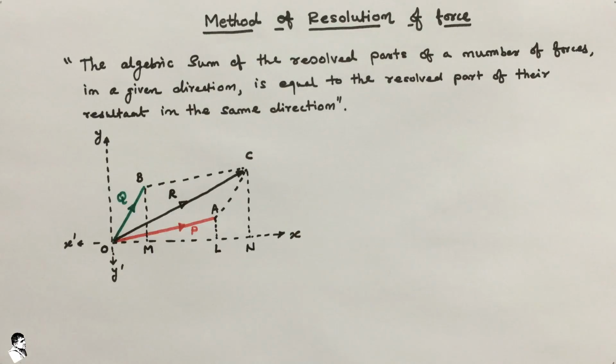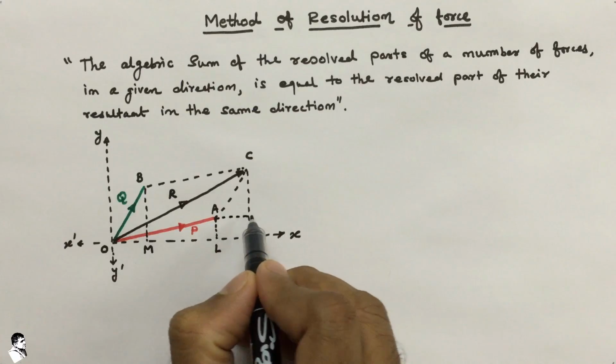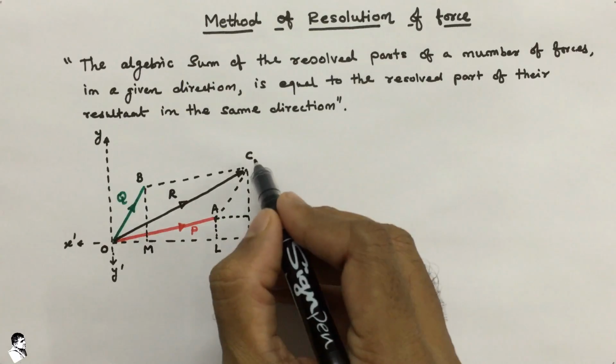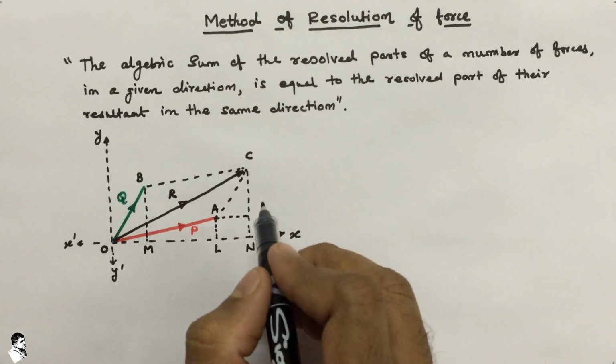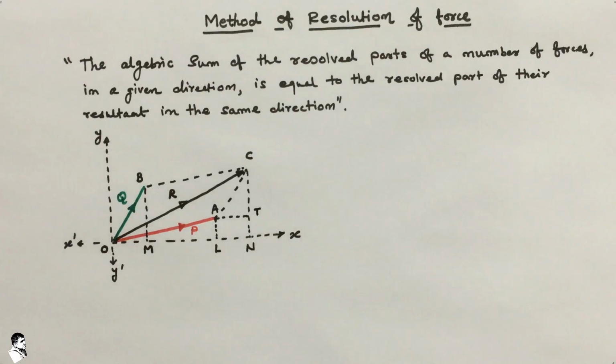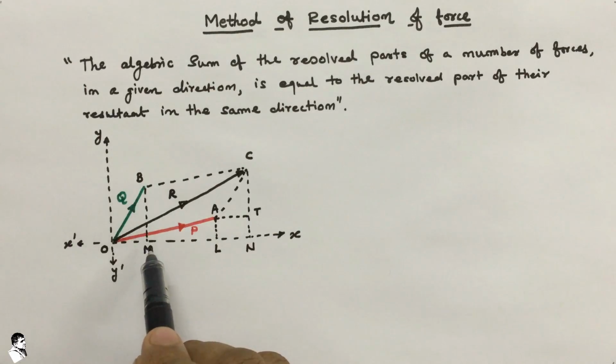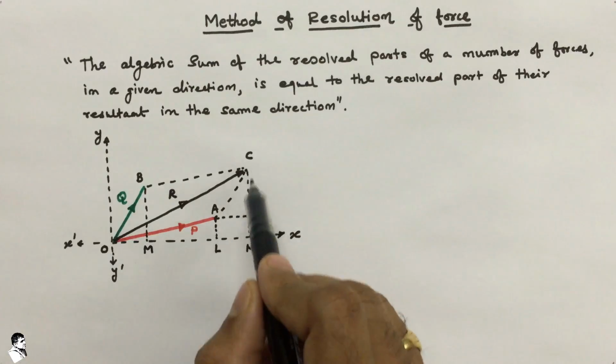Similarly, we also draw one line parallel to the x-axis from point A on this CN line, that is the AT line. Now if we look at the triangles OBM and ACT,